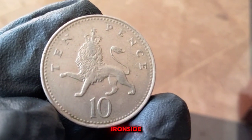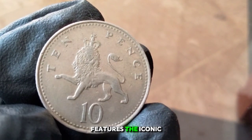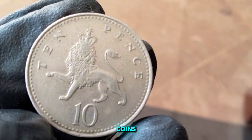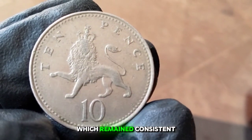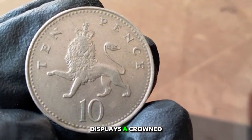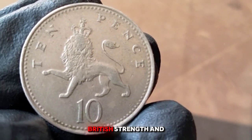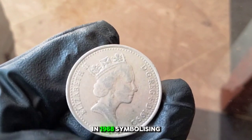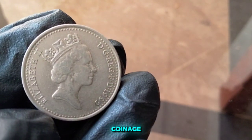Designed by Christopher Ironside, the 1992 10 pence features the iconic profile of Queen Elizabeth II on the obverse, as was customary for all British coins. The reverse side, which remained consistent with previous designs, displays a crowned lion, a symbol of British strength and pride. This design had been in use since the coin's introduction in 1968, symbolizing continuity in British coinage despite the change